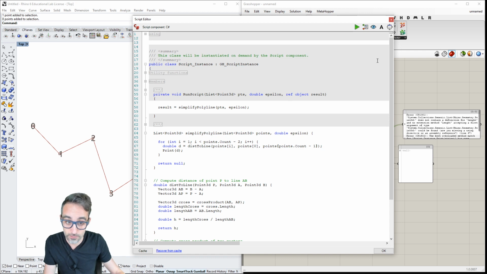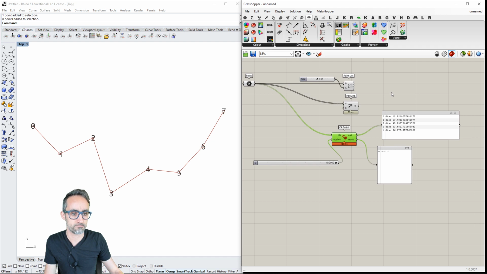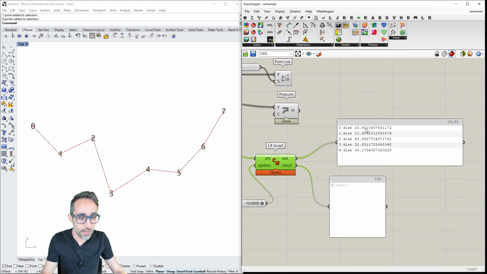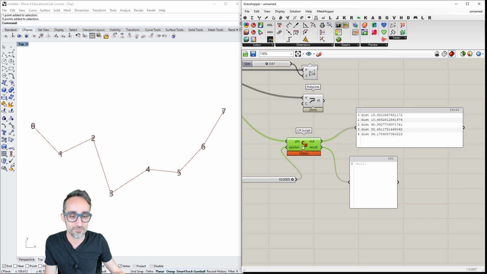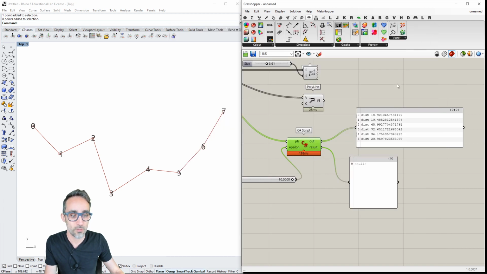I should use count. And then print. Okay, so I'm going to print this distance, and you can see that I have 5 distances: 1, 2, 3, 4, 5. Oh, something is not going well here. So 1, 2, 3, 4, 5, 6. Oh, because it should be less or equal than point minus. So it should be, yeah, this is minus 1, okay? So let's see if this works.